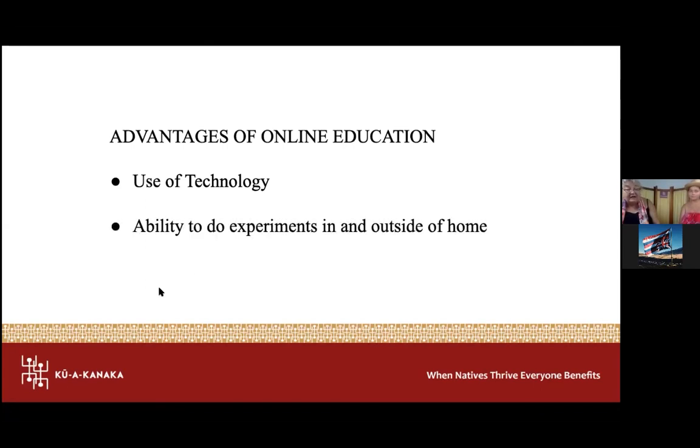Another thing that I think is also a great advantage when it comes to relevance and online education is that now we can do experiments in and outside of the home. In a classroom, you'd be lucky if you have a sink. Many classrooms don't, unless you're a science or home ec teacher. So there's very little you can do without water as far as experiments are concerned. Now most students have a kitchen at home where they can make so many things. They don't always have to be edible.